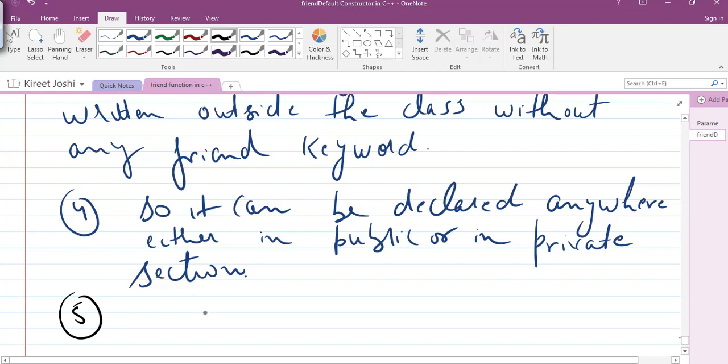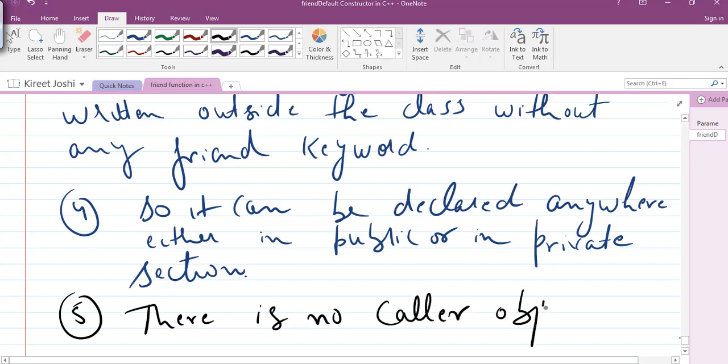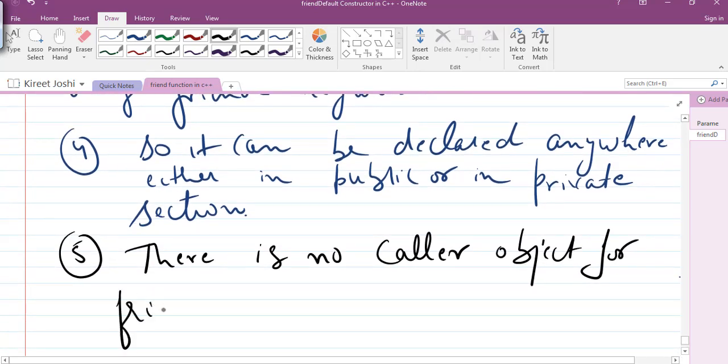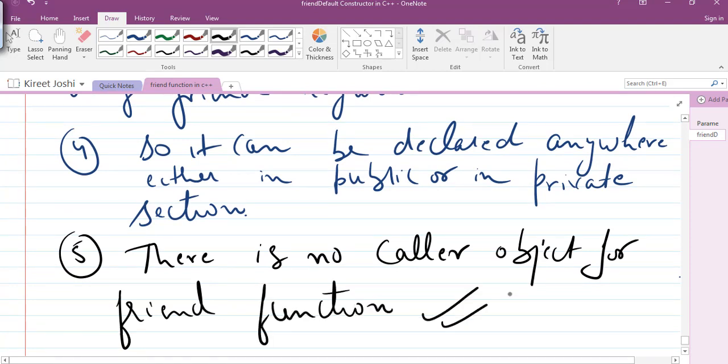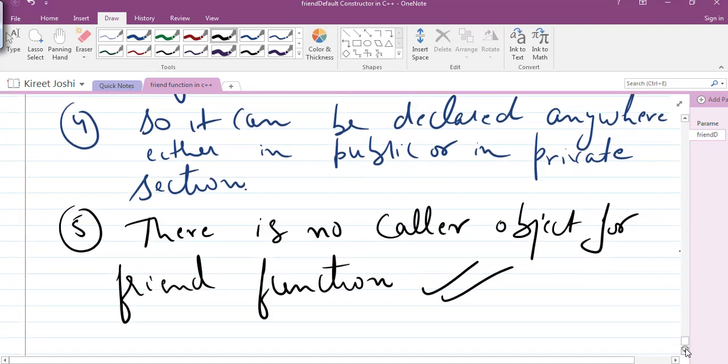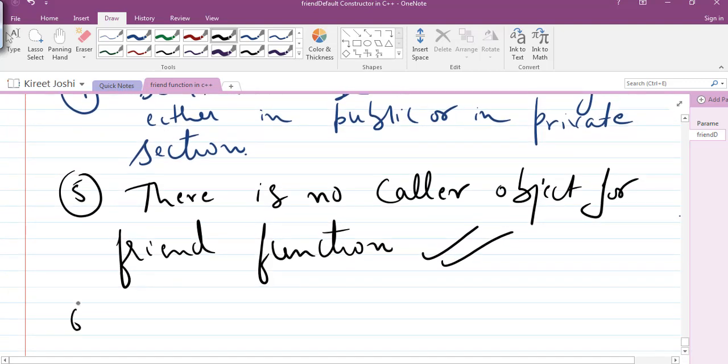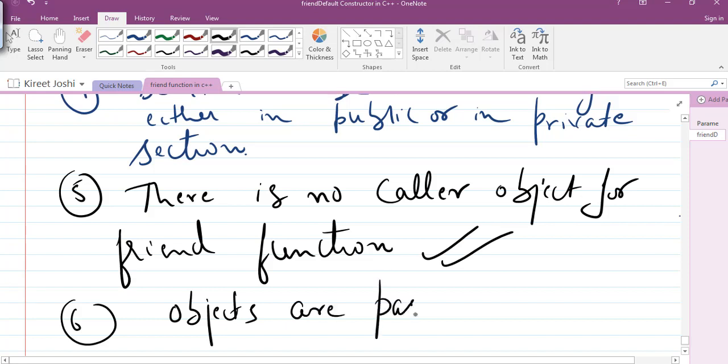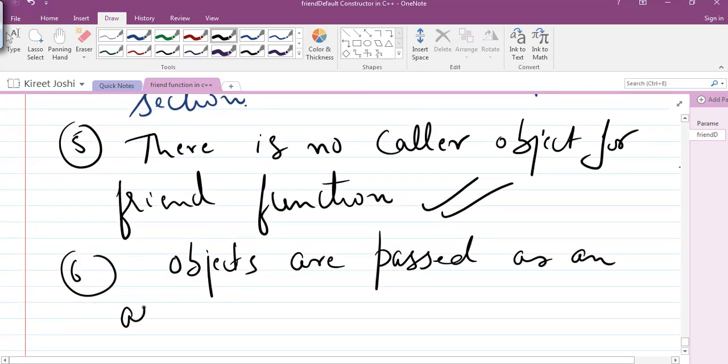Fifth point is, there is no caller object for a friend function. This is very important, there is no caller object for a friend function. This you have to remember when you are doing the coding. Sixth point is, objects are passed as an argument